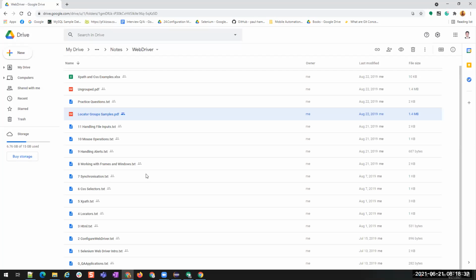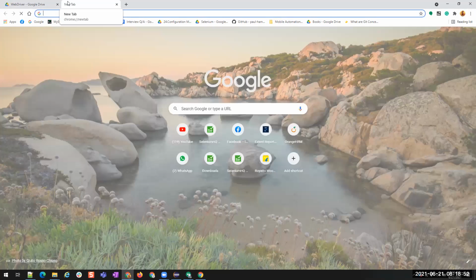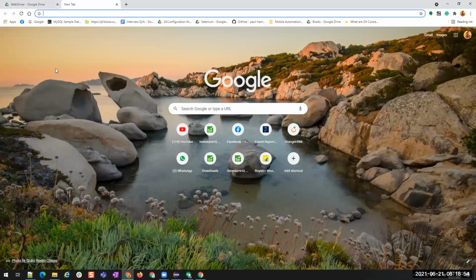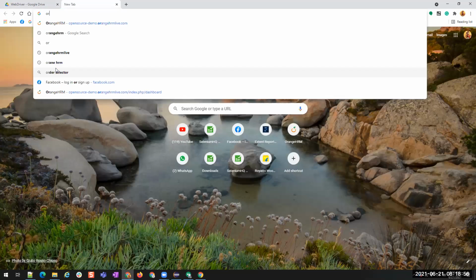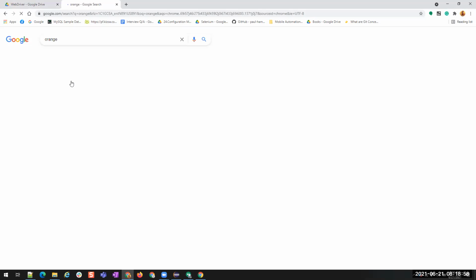But how does your Selenium know that you have to wait? The page is being loaded, we have to wait for some time. Right? You understood the point? Orange HRM also, for example.